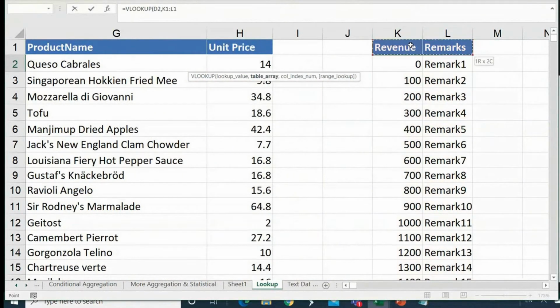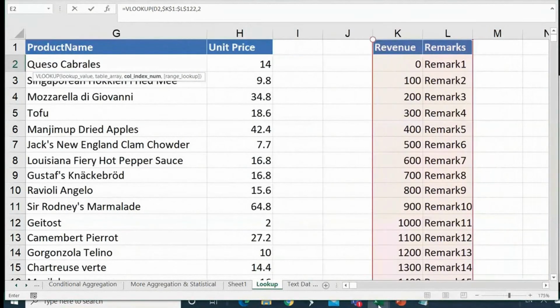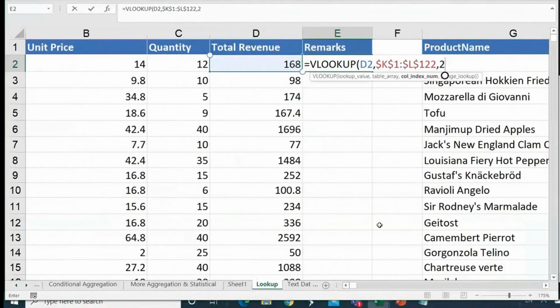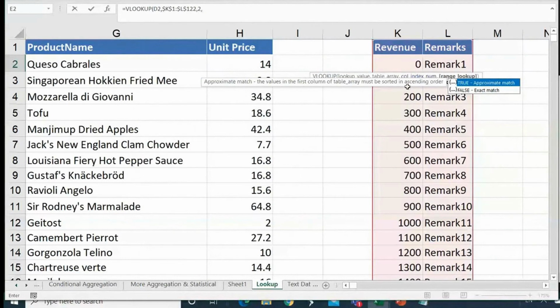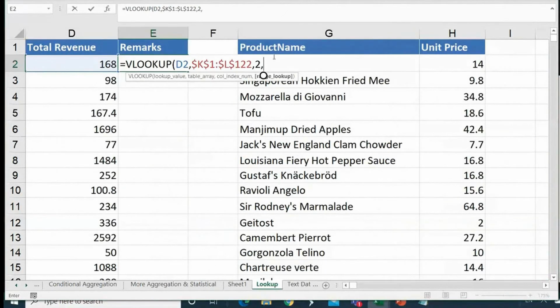Okay, or only take the range also. Okay, and then fix this range because I took only the range, comma, second column, because the information to be brought, that is remarks, is in the second column, right? And then I have to put a comma. Then this is important: false for exact match and true for approximate match, because here we are looking in a range. This becomes an approximate match, so we just say what? 1 here. Agree guys? You have to say 1 or true, 1 or true. That is the trick here.